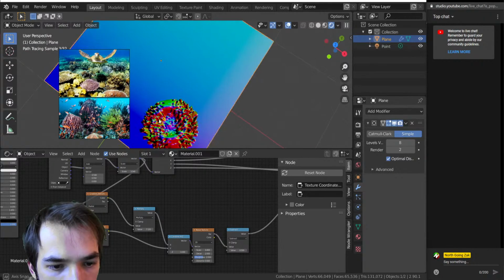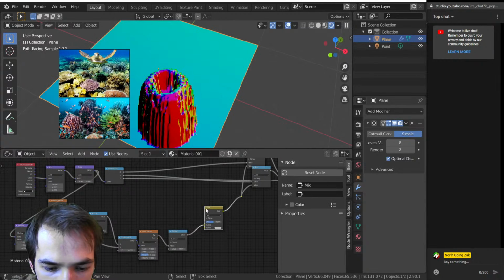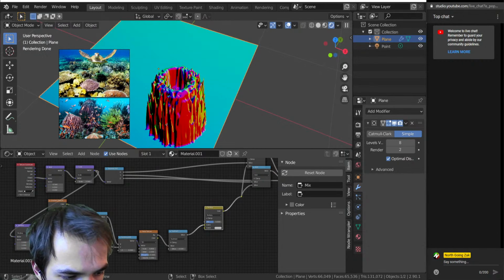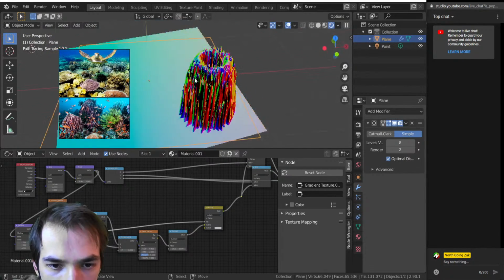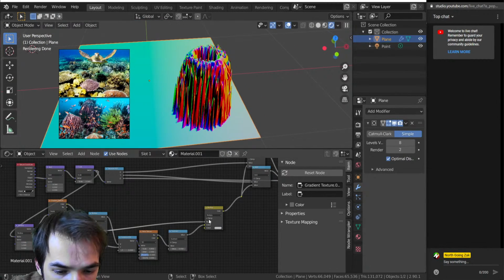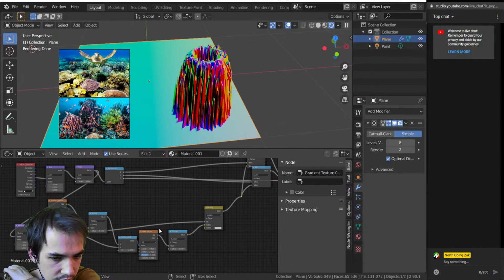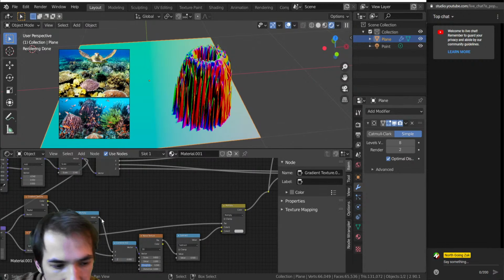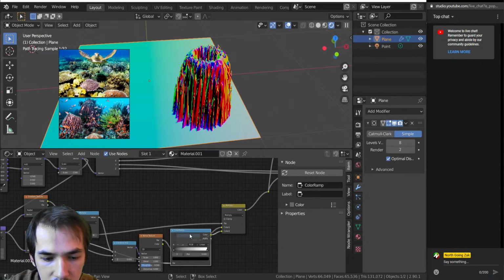Maybe I'd like it to relax as it gets closer in there, so I can use a multiply, and then the sphere to relax this. And there's going to be a little seam over here, but it's pretty hard to tell with the noise here. There's a way to make seamless noise, and I did that in my last live stream. At some point I'll release a video on seamless procedural textures. So I think you guys will find that useful. If I plug this in here, and then just color ramp,